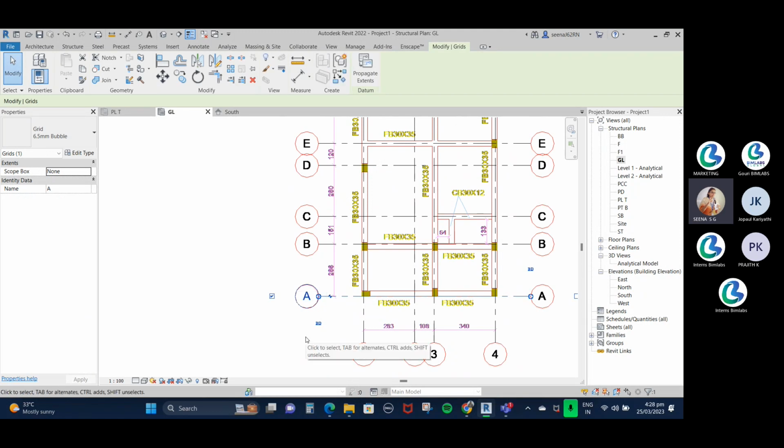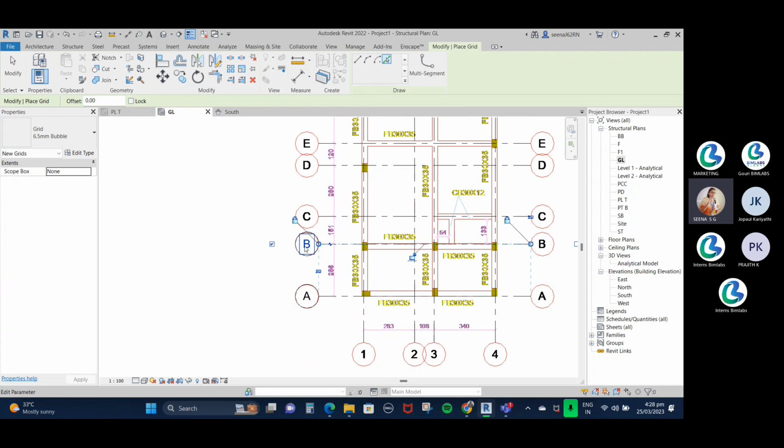Then I'm going to create a similar element. Select that element, and here we have an option to create similar. Under the Modify tab, Create panel, you can see Create Similar. Choose that option to create the similar element. Again, choose the pick line and select this grid line. You can see that B and C are here,